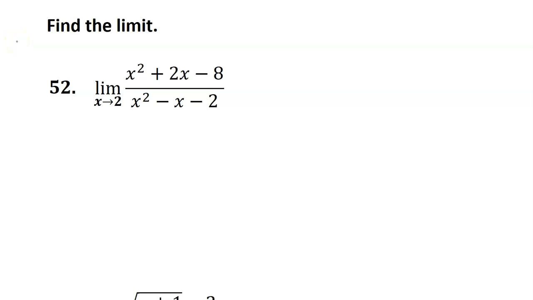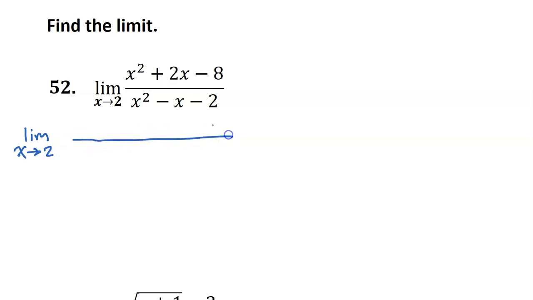In this video, we will practice finding limits by factoring, rationalizing, and a variety of other algebraic strategies. So on problem number 52, we should probably go ahead and rewrite this problem in factored form before we even do anything else. So this limit will be the same as the limit as x approaches 2